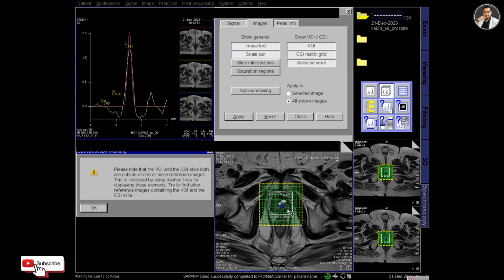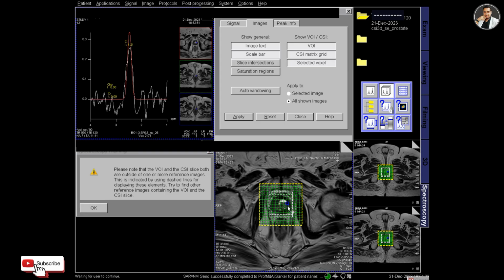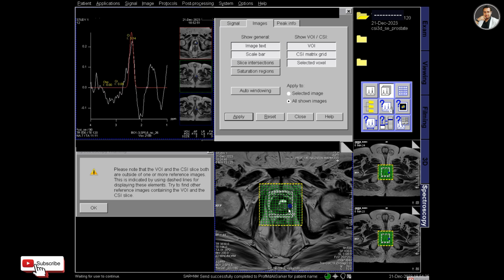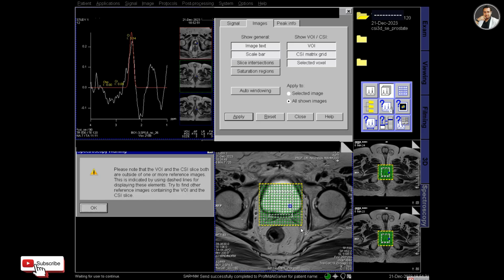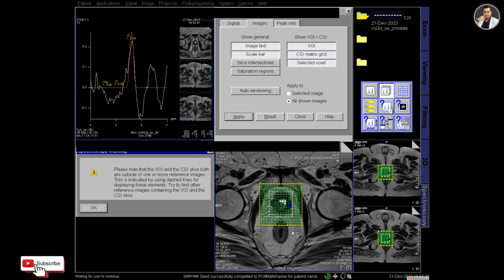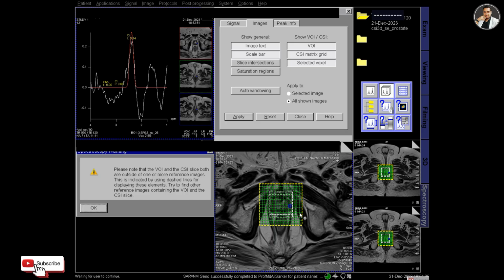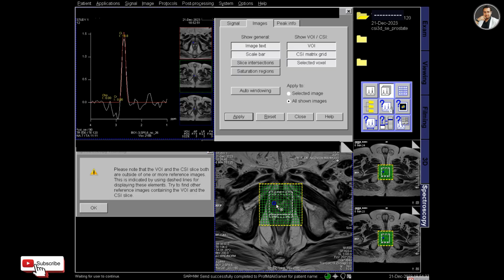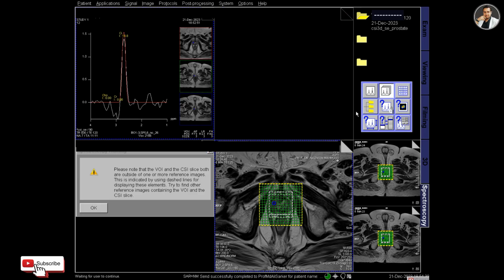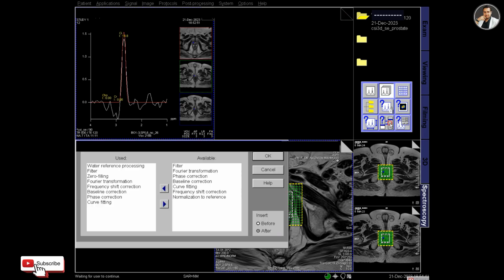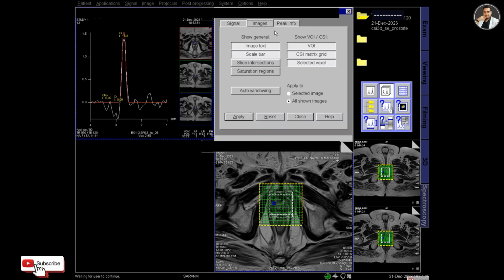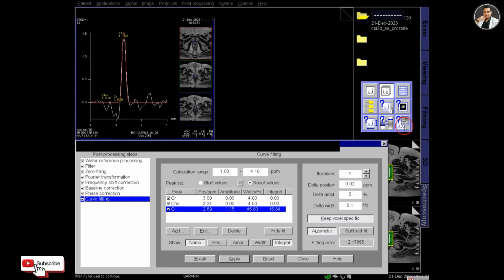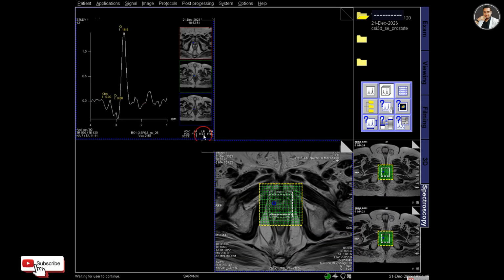So I am selecting the proper image for MRS, the proper axial slice for MRS, and the proper graph, in which the citrate appears as a peak. So in this graph you can see that citrate is a peak in the graph.